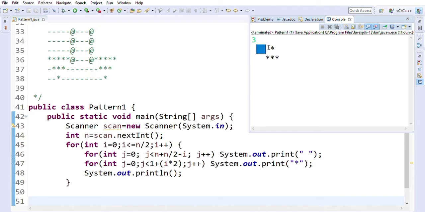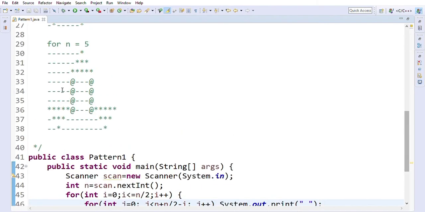Okay, how many white spaces are there? 1, 2 and 3. Here 1, 2, 3 and 4. Yeah, we are right.